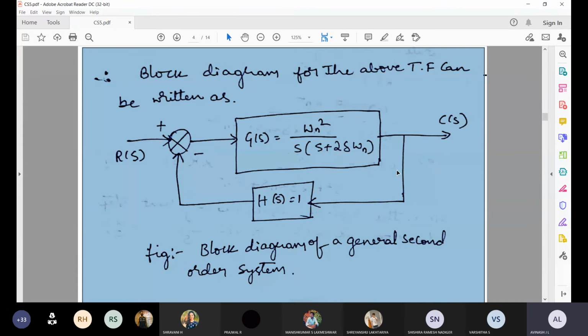Now, when the question is asked like derive the time domain representation of a second order system, where you are finding out C of t, you may have to start from this particular block diagram only. But if the question is asked for 10 marks and above, or 12 marks and above, we may have to derive the values of omega and delta, so that it will give a good impression for the evaluator and they will give you good marks. So understanding the previous thing is not a big deal, yes or no?